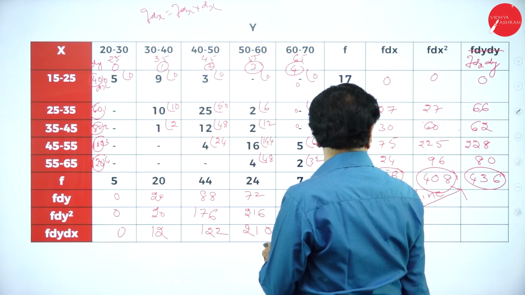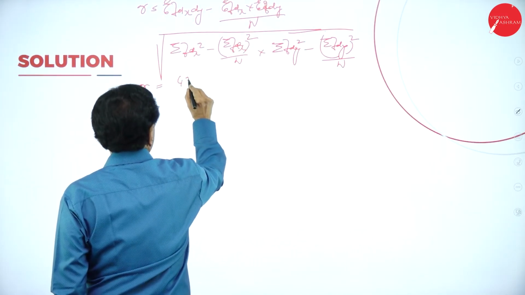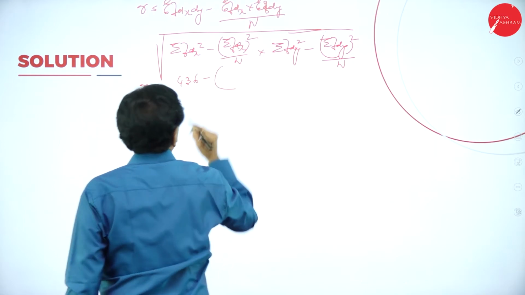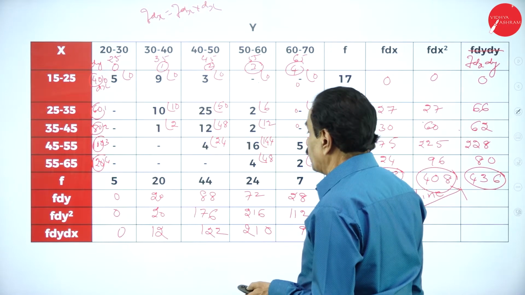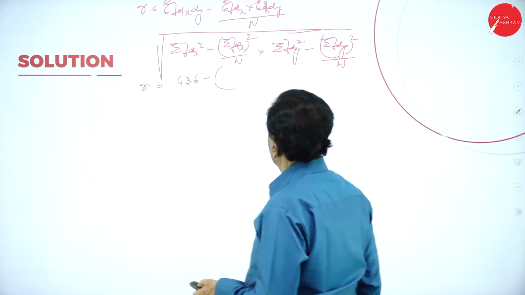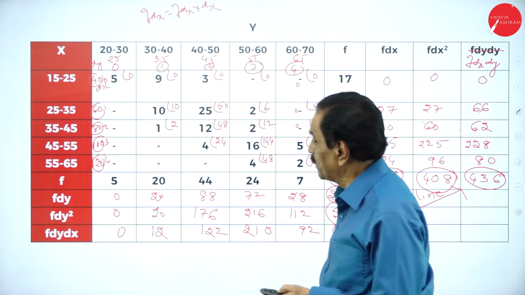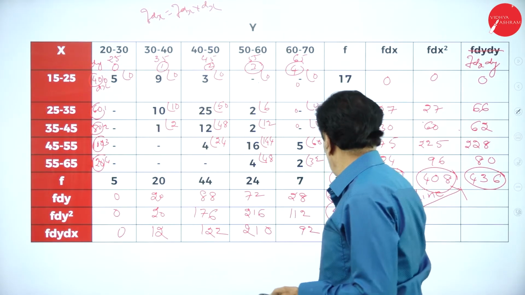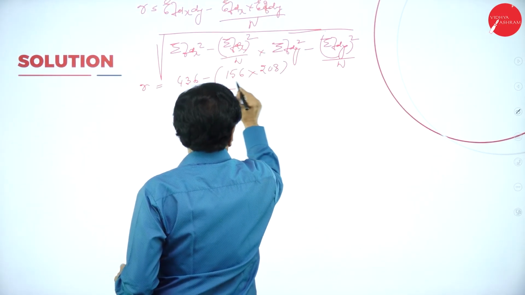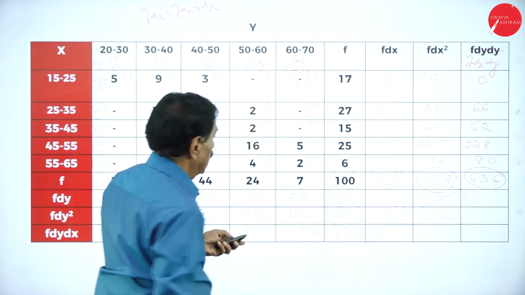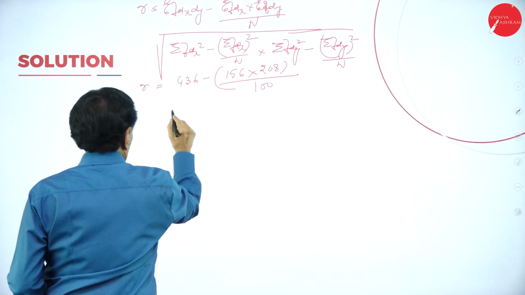Slowly apply now. R is equal to, what is sigma f dx dy? See that? 436 minus, what is sigma f dx? Here sigma f dx is 156 into your sigma f dy, 208. Number of frequency n is 100, divided by root of